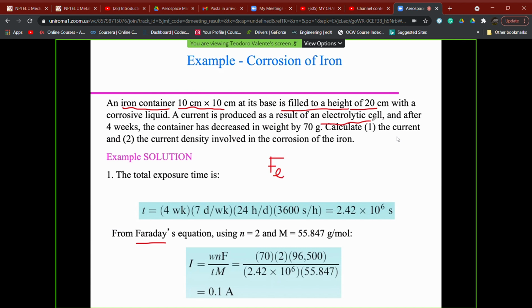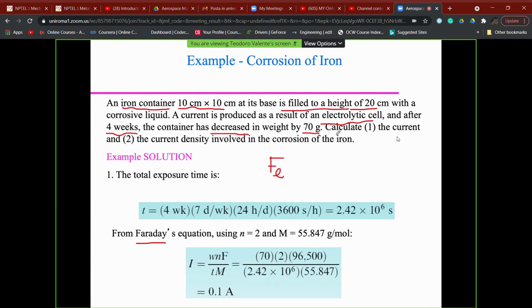We do have corrosion, so we do have an electrolytic cell. That's the general concept. And we see that after 4 weeks in which corrosion is present, the weight decrease of our container is something around 70 grams. We cannot expect, and this is also the reason why, apart from some special cases, that we have kilograms of iron consumed. Otherwise, we could never use the approximation of activity with concentration. So they are realistic figures.